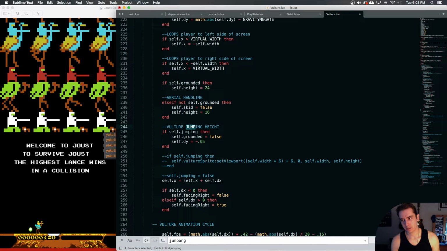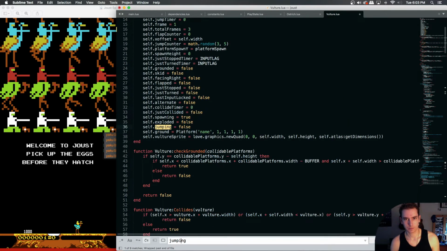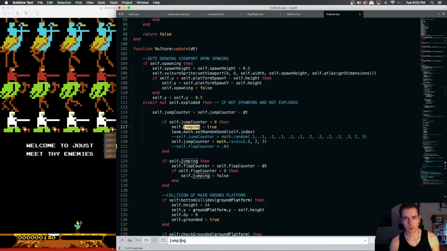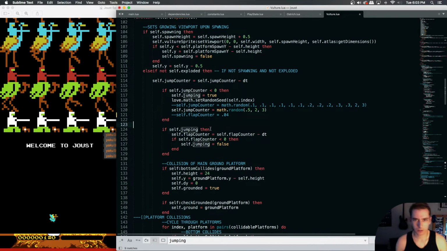So we do have a self.jumping that we're hardly using. If our jump counter is smaller than 0, then we're going to jump. Then we're going to set our random seed. We're going to assign our jump counter a new value. Okay, so then if we're jumping,